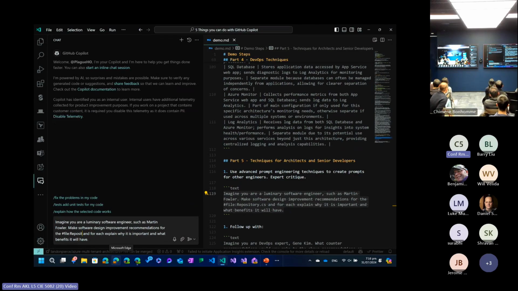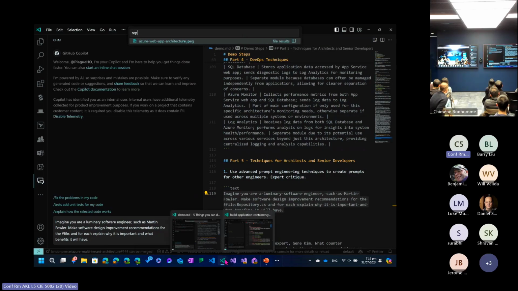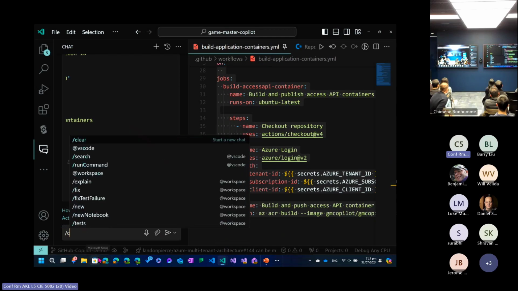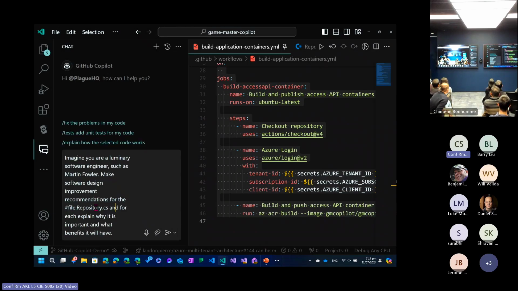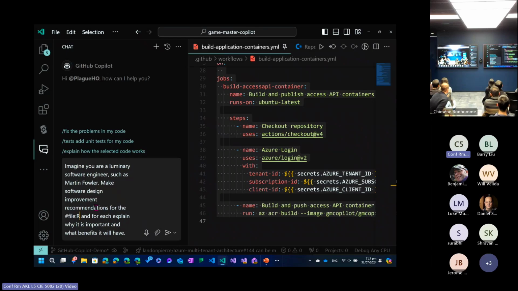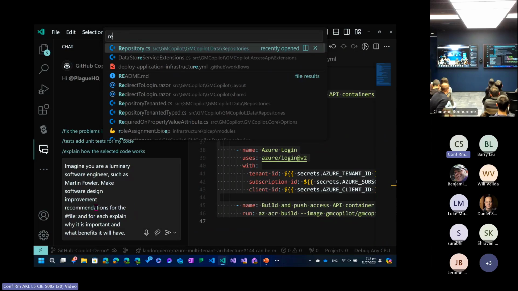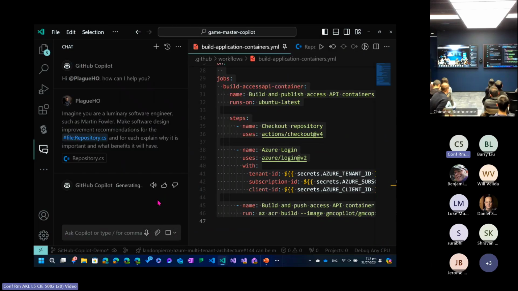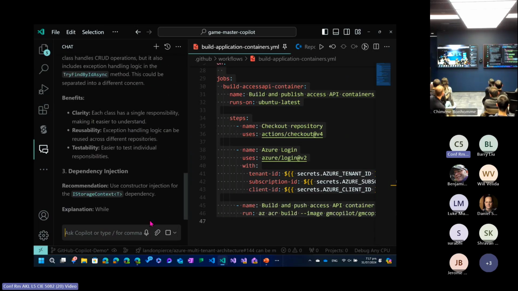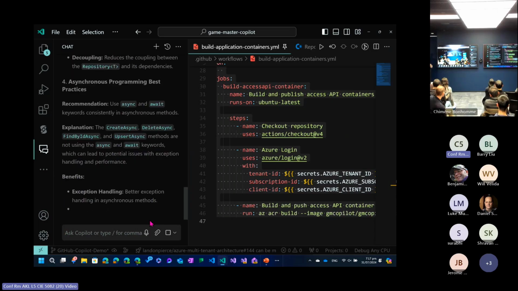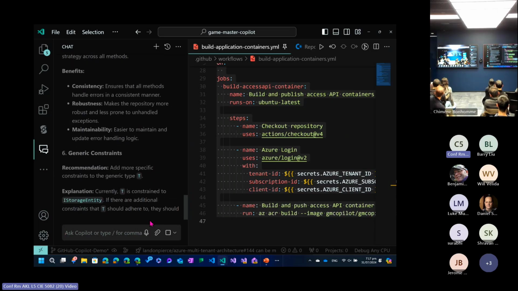that I am. Now remember, we've got to just change that. So file, repository. I'm in the wrong file. Sorry. What am I doing? Paste that. Repository. So what it's doing is it's going to say, okay, I'm pretending to be Martin Fowler. I've written a lot of books on code and good design. I could say Gang of Four and all sorts of things, and it's going to give me a whole bunch of